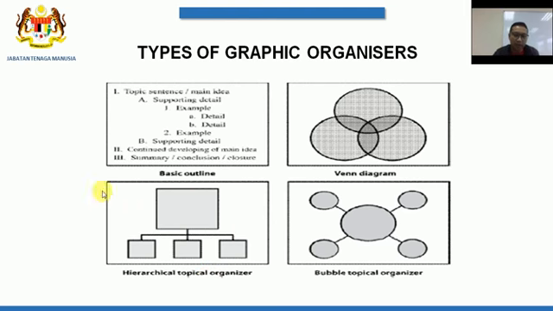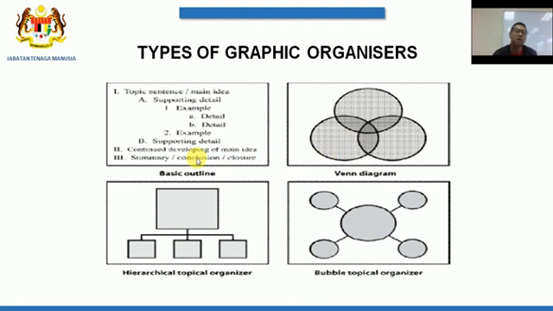And then we have the hierarchical topical organizer. This you will normally see in offices, or perhaps in our own institute, dalam institut latihan perindustrian sendiri. Normally on the top rank would be your director, pengarah, and then we have our timbalan pengarah here, right? And moreover here we have the bubble topical organizer. This is similar to our mind map which I have drawn on the whiteboard just now. Okay, these are the four,